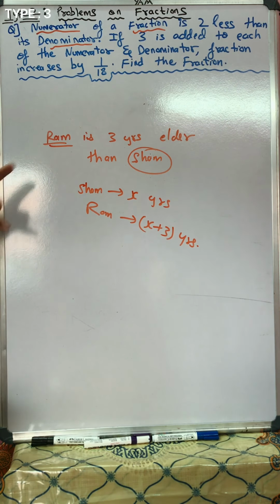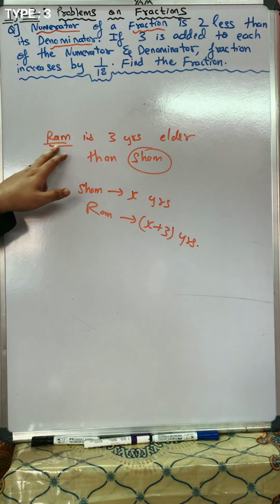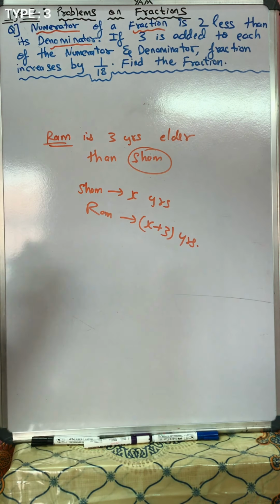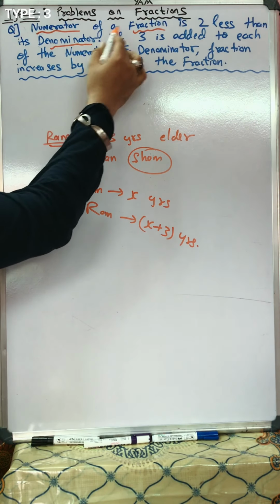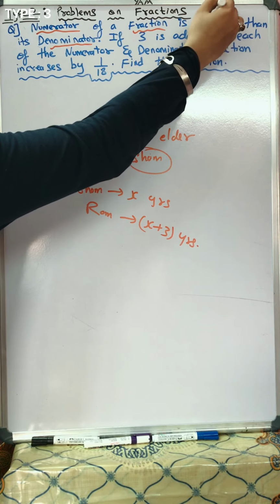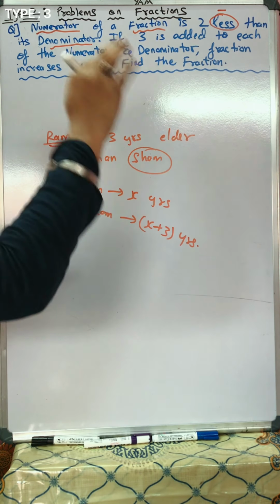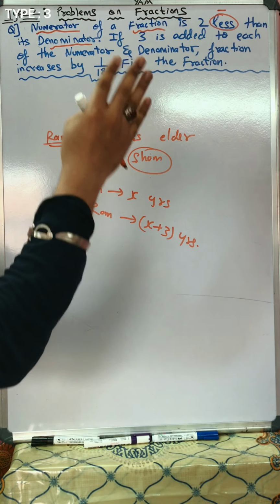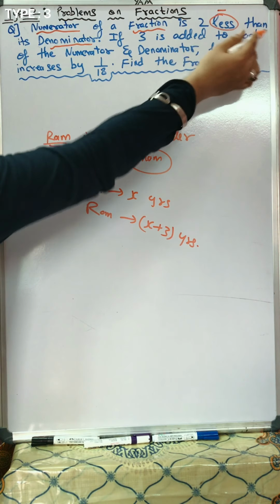So whenever 2 subjects are given, we see which subject or quantity is dependent on which one. Here Ram was dependent on Sham. So we took Sham's age as x. Pay attention, all of you on the screen. Numerator of a fraction is 2 less. 2 less. The word less means minus. Less means minus. Is 2 less. Numerator 2 से कम है. 2 से minus करने का. 2 से कम है. किससे? 2 less. Then its